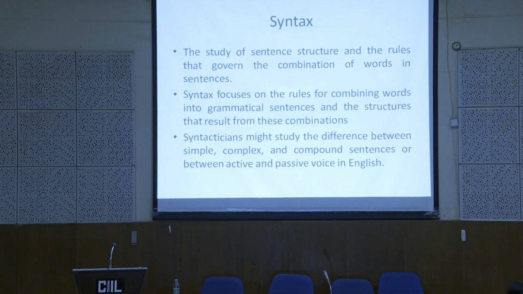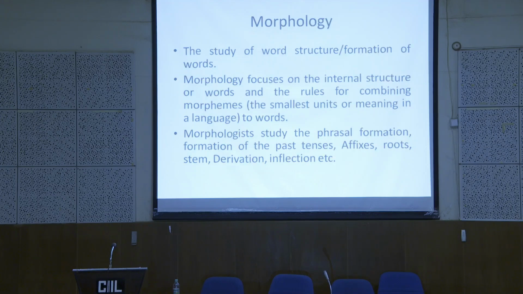What is a sentence? An arrangement of words. So what are the basic elements of a sentence? There may be adjectives, adverbs, all those things. But a simple sentence consists of three elements: subject, object, verb, in any language. That's why the world's languages are classified into six types. In morphology, we study inflection, derivation, word formation.